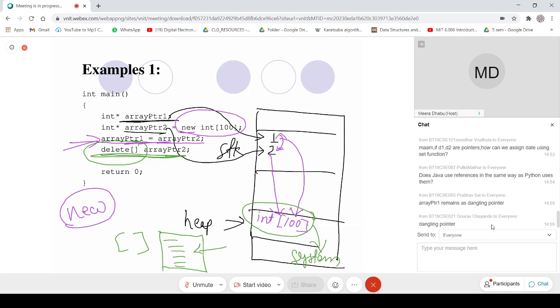So whenever a new request comes, the underlying system will look at this bookkeeping table and allocate the requested memory, if it is available, to the program, to the running process. Now with this delete, you are freeing up, which means the allotted memory is again given back to the system.